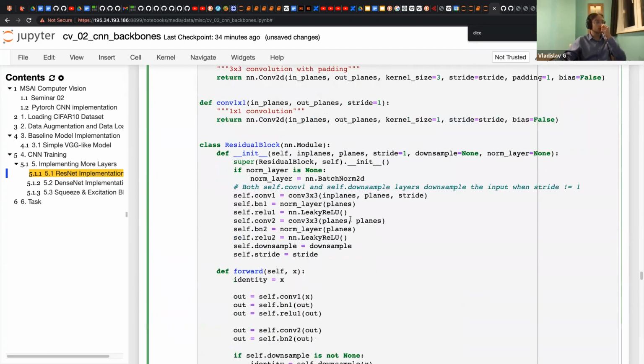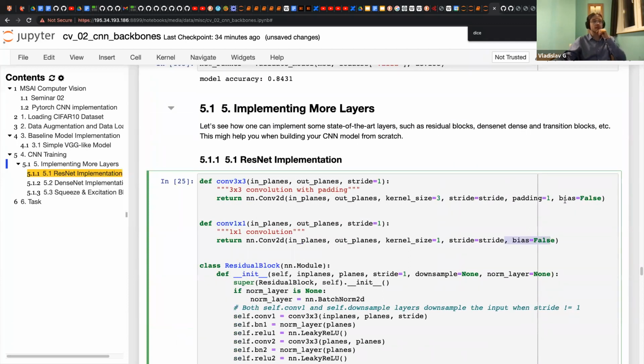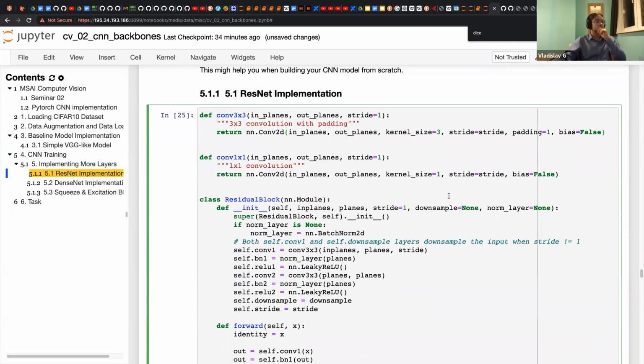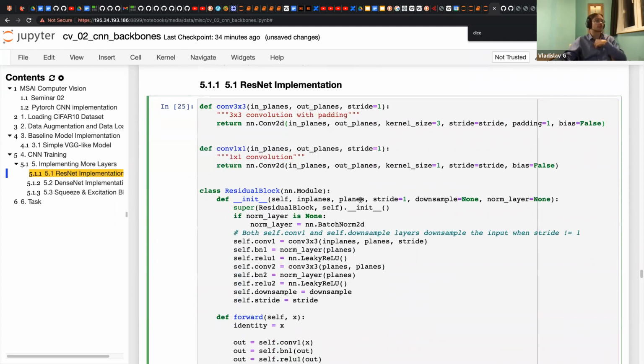Yeah, the question was about this bias false. Is it a standard for computer vision tasks? Let me think a bit. In fact, why do we not have bias here? The answer is as follows. We have a normalization layer right after the convolution.